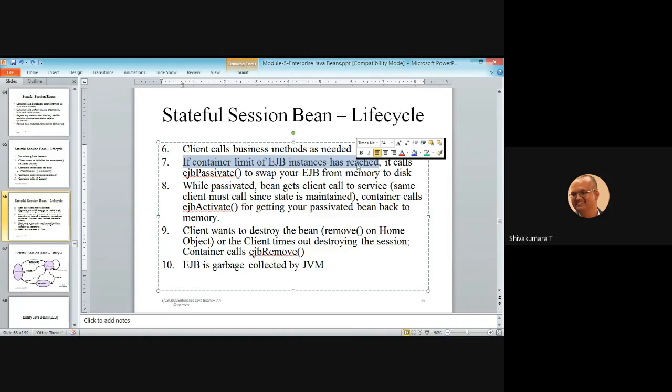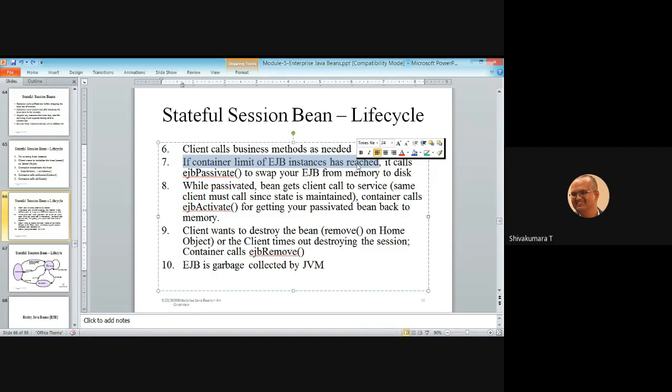In that case, if any pool of instances is idle for the time being, the container identifies those instances and invokes the EJB passivate method on that instance, to swap the current state of the client request out of memory and release the resource. By releasing that resource, the 10,001st customer is allocated that bean resource for processing. See, the job of the container is very crucial here.